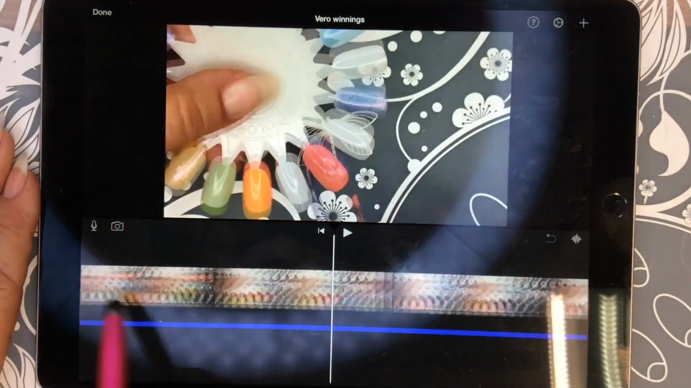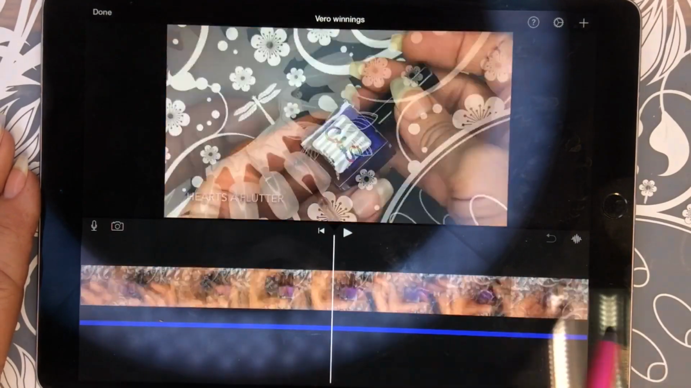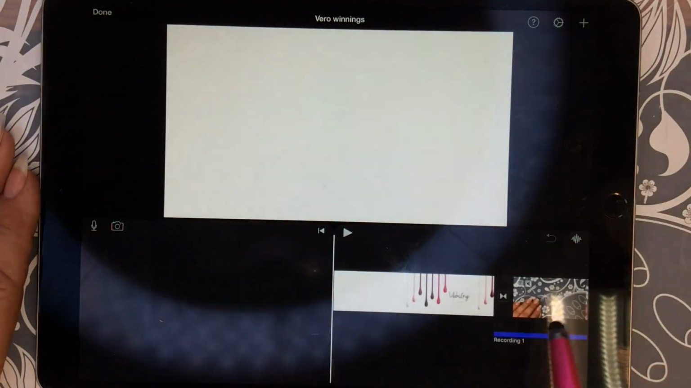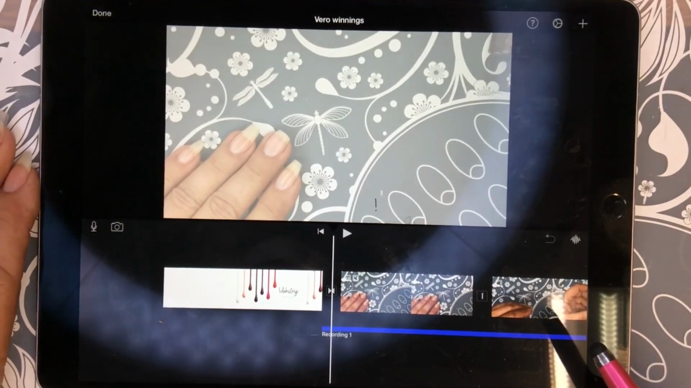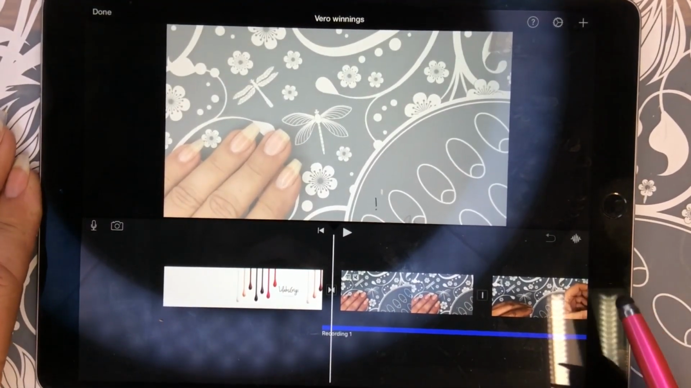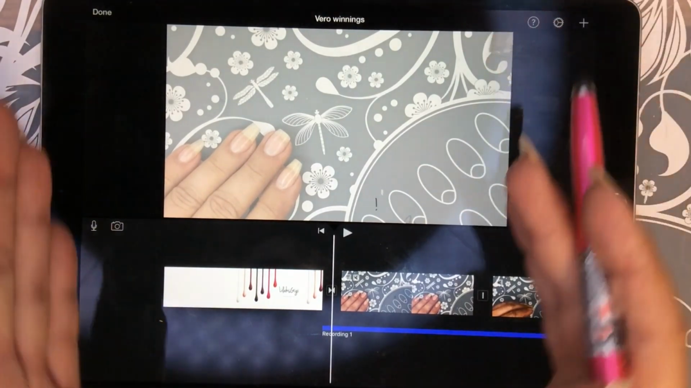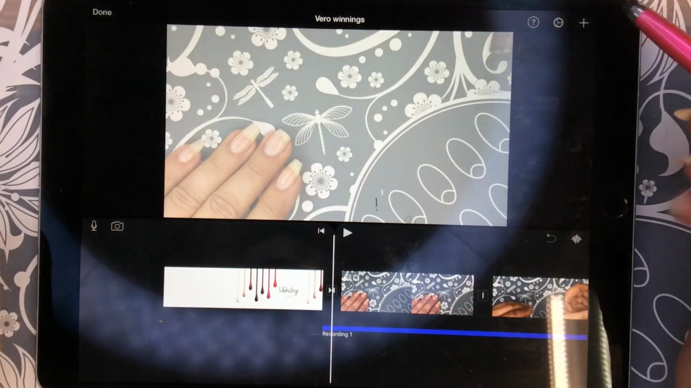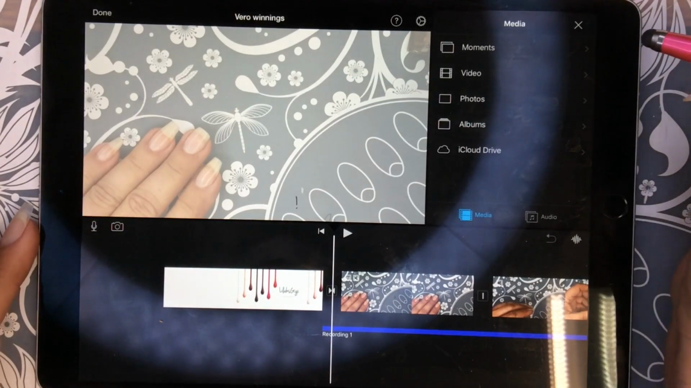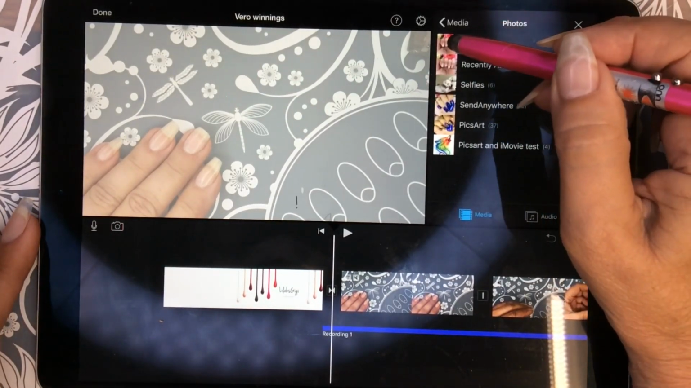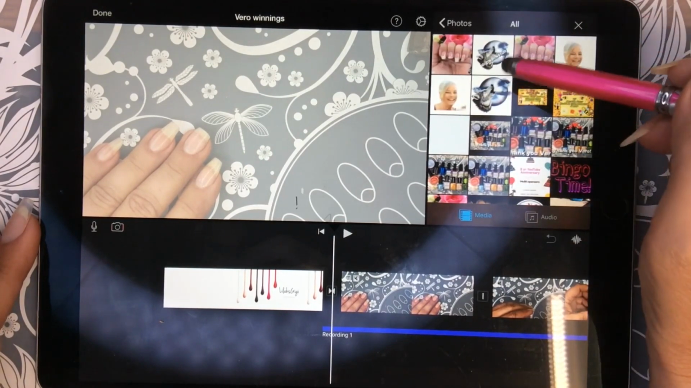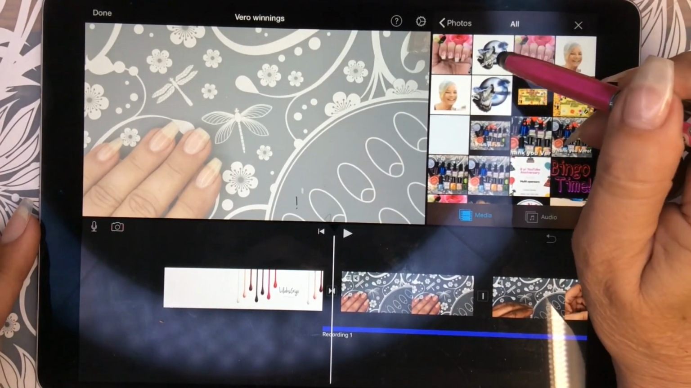So I'm going to scroll to the top here, or the front, and right in here. Again, if you're positioned a different way, these will be in a different area, but I'm going to hit plus, and then I'm going to hit photos, and I'll just hit all. And this is the one right here that I want to put on. So if I hit that,